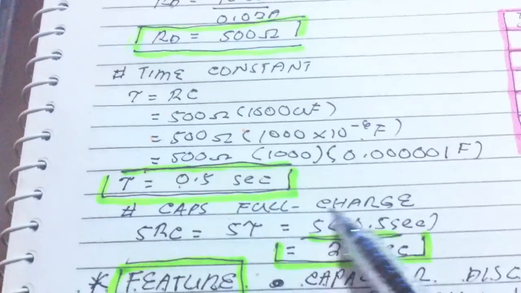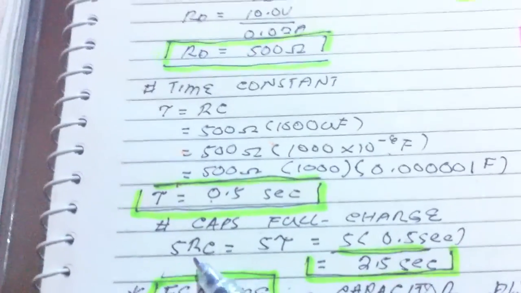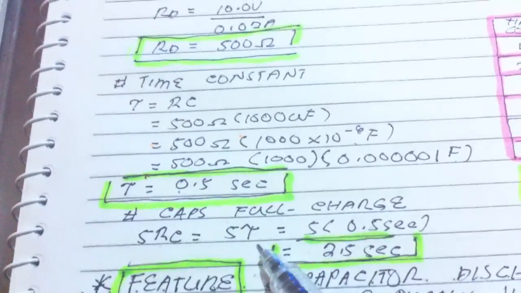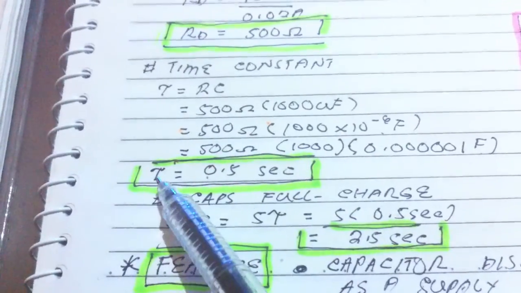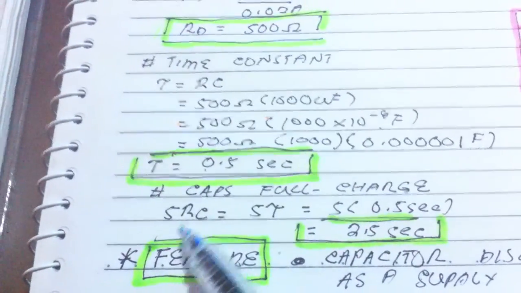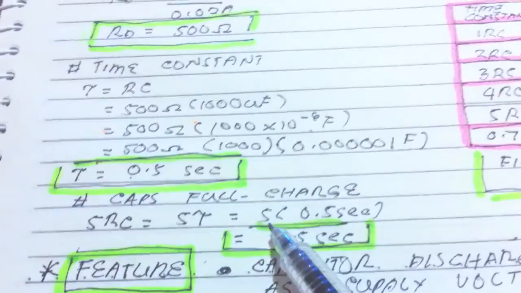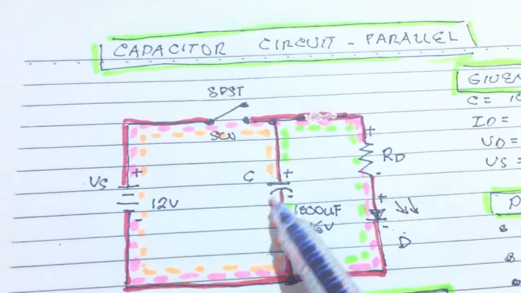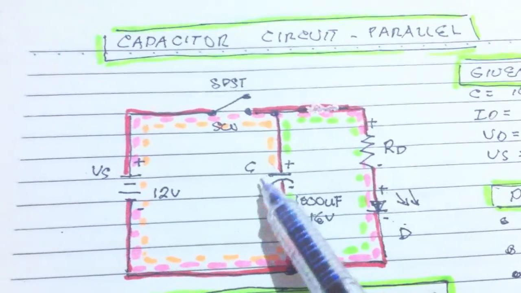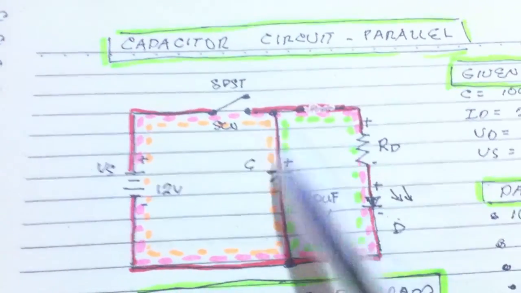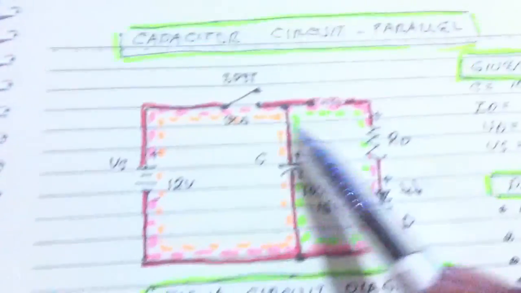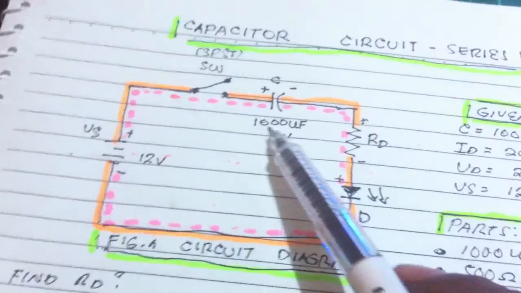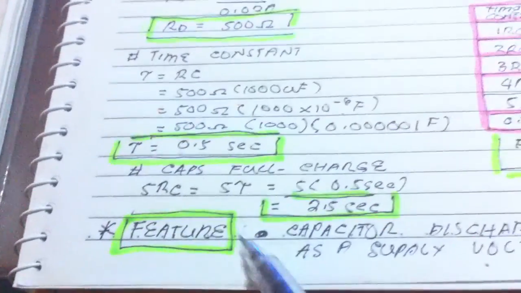To fully charge the capacitor, we need 5 time constants. The symbol is tau, or 5 RC, which is 5 times 0.5, or 2.5 seconds. So it takes 2.5 seconds to fully charge this capacitor, whether connected in series or in parallel. Unlike here, this is in series. We get now here,